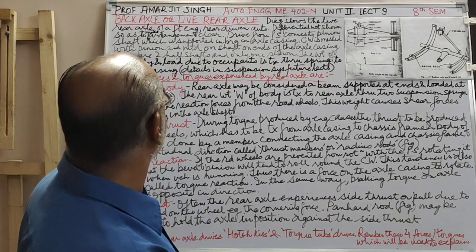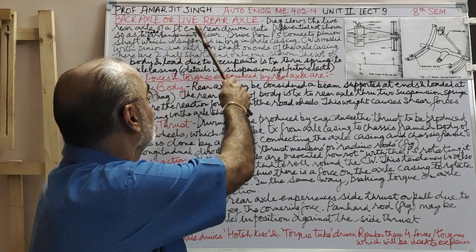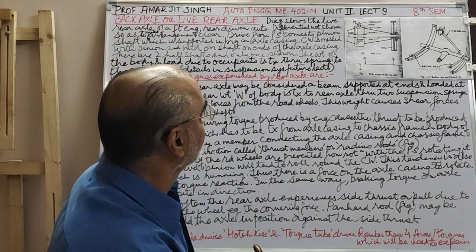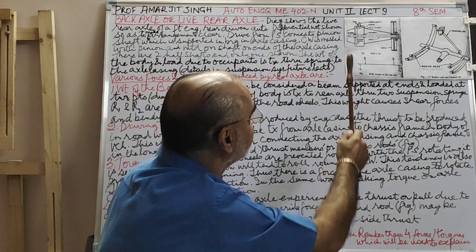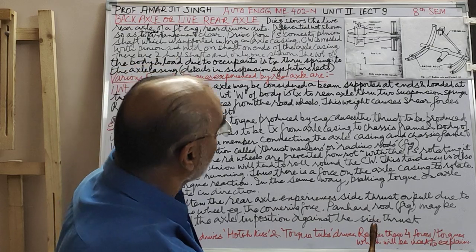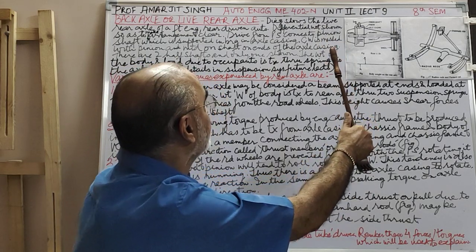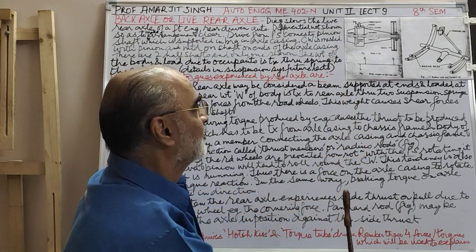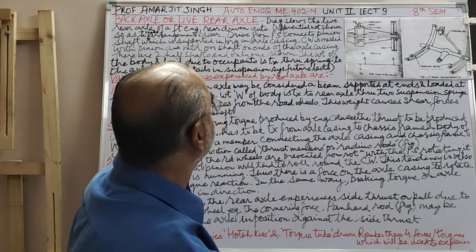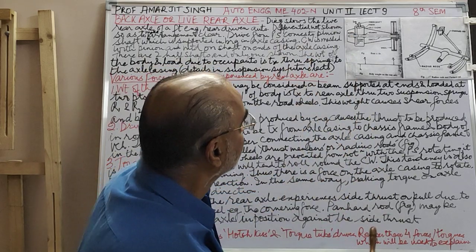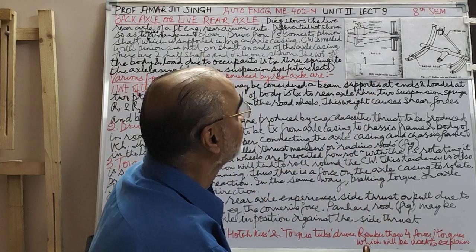In lecture 9, we will study the back axle or the live rear axle. The diagram shows the live rear axle of a front engine, meaning the engine is in front, and rear driven automobile. Rear driven means that the drive is coming to the rear axle of the automobile. The differential is not shown so as to make things clear to you.